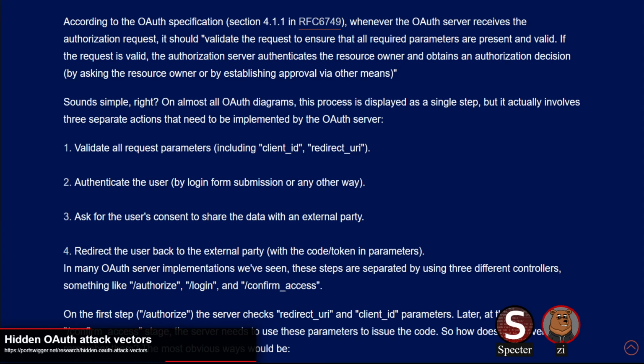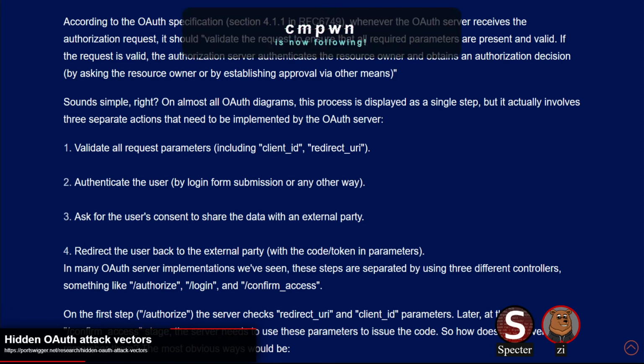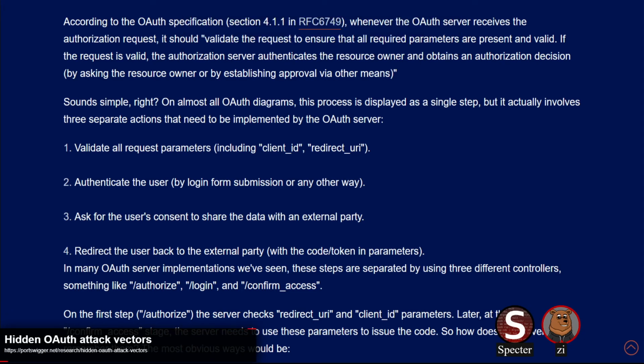The problem is, what happens if, when you're on that confirm page, a malicious website actually sends in another request to that authorized page? Think like a CSRF attack. It sends another request there and swaps out those values in the session right under you. So when you click approve, it doesn't actually realize that that changed, or may not. I mean, there are ways to implement it where it would be able to detect that, but swap it out from under you, and suddenly you've actually approved a completely different application. And then they send you off to this malicious redirect URI that got saved there, and they get your token.